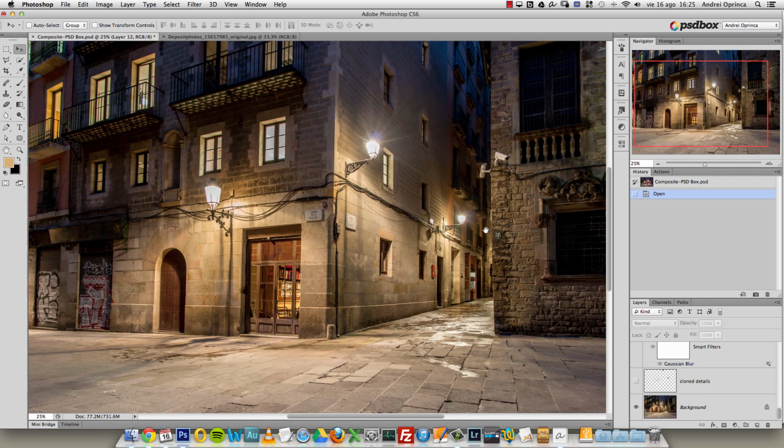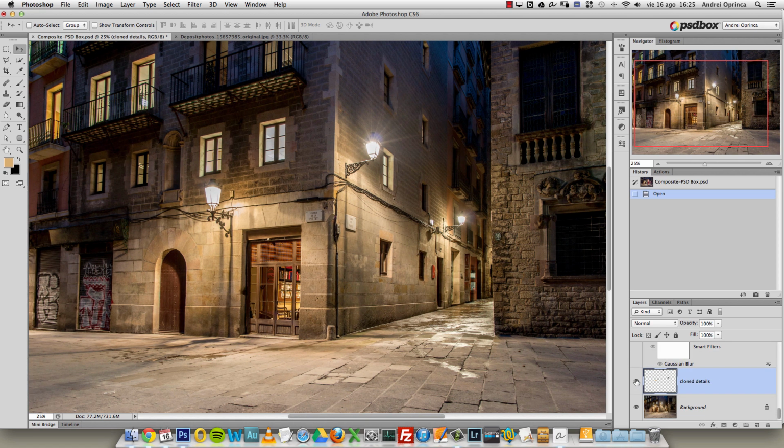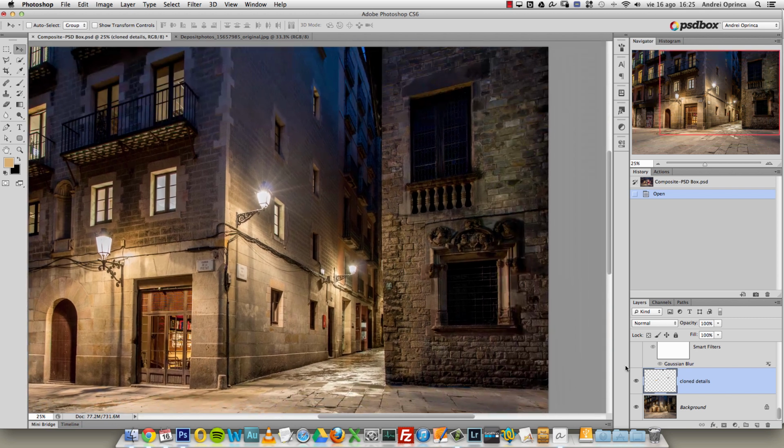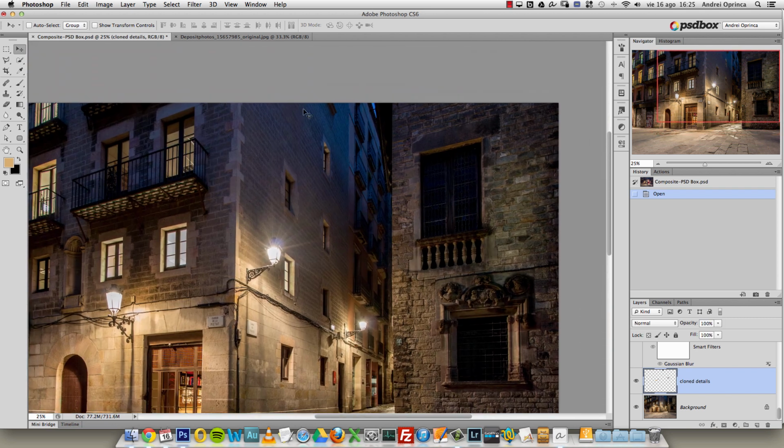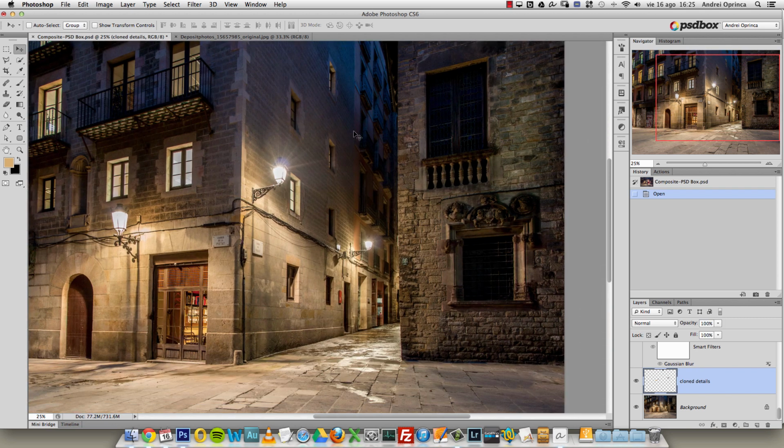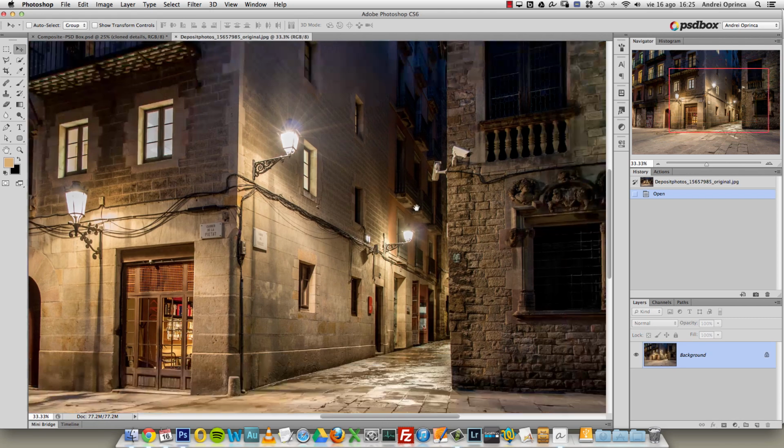Okay, so this was the original image, and then I cloned all these details. You can see I got rid of all these cables and this window over here, and I did that using the clone stamp tool. What I will do is start showing you how I did that, and then probably copy that layer and paste it here, because